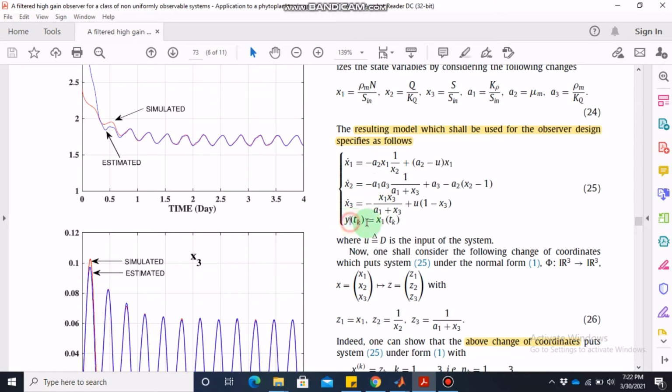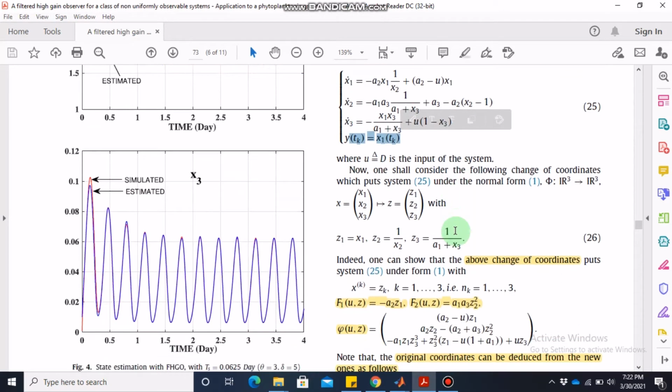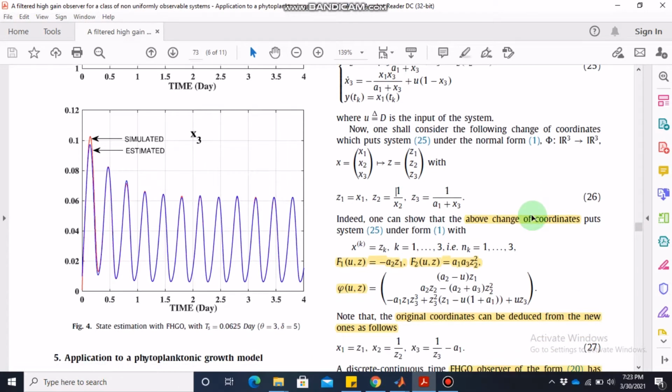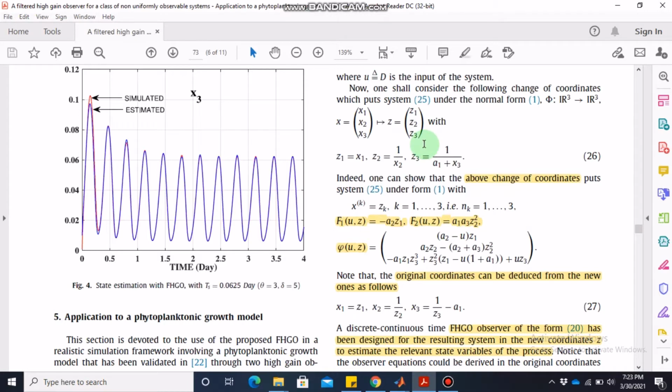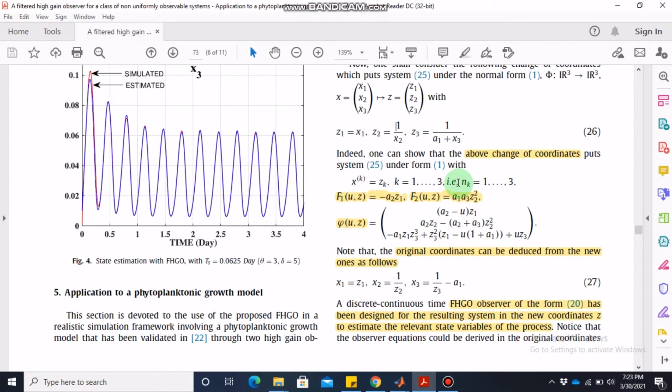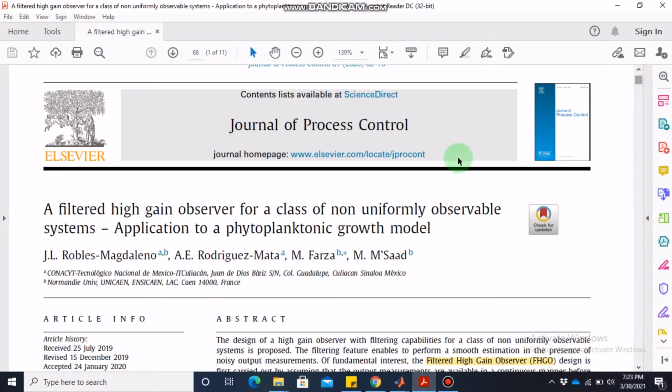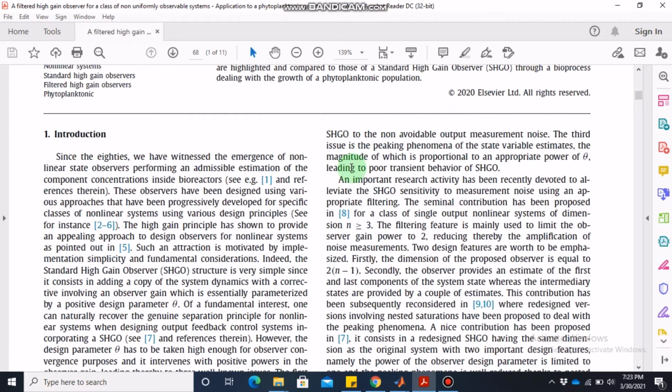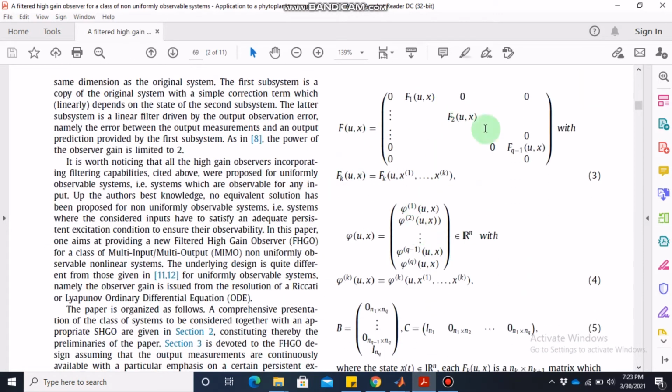The output is x1, and then they also convert this into a change of coordinates. So from x1, x2, x3 coordinates, the authors convert it to z1, z2, z3 coordinates, and within z1, z2, z3 coordinates, the structure of the system is now in line with the scope of the paper. After the change in coordinates, the new state space system comes into this type of configuration, where f1 and f2 are